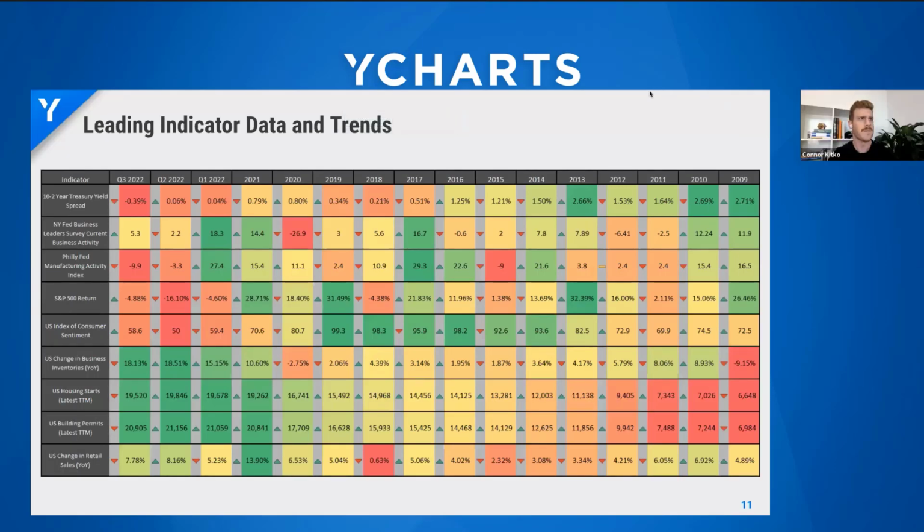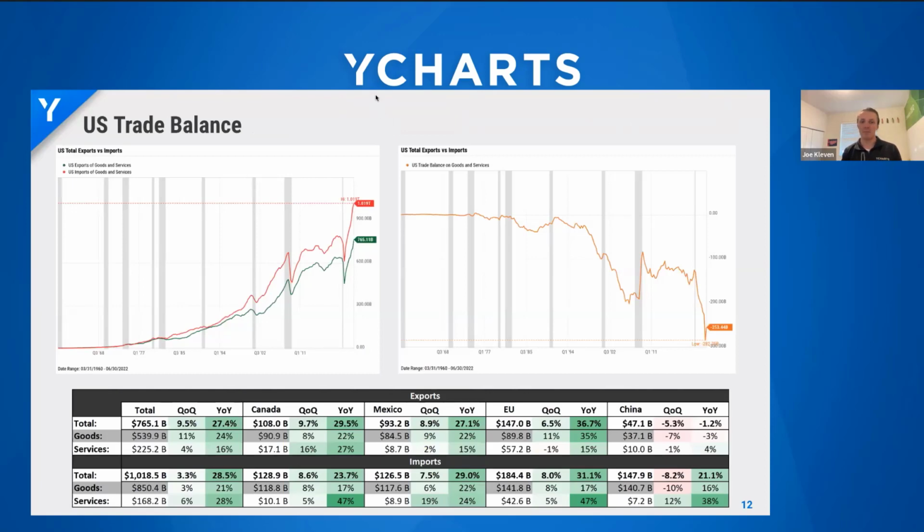Awesome. All right, so now we'll shift next into the US trade balance. This slide shows the trade activity between the USA and other key partners through Q2 of 2022, the latest available data. The chart on the left shows that US imports have continued to climb and outpace US exports, and US imports are now at a level of over $1 trillion per quarter. US exports have also continued higher, but the chart on the right shows the divergence of trade imports versus exports, aka the trade balance, and we see it bouncing off of its lowest trade balance ever recorded, which was in